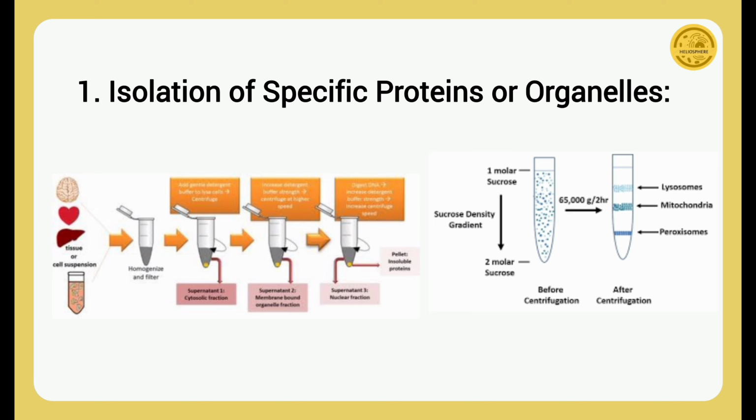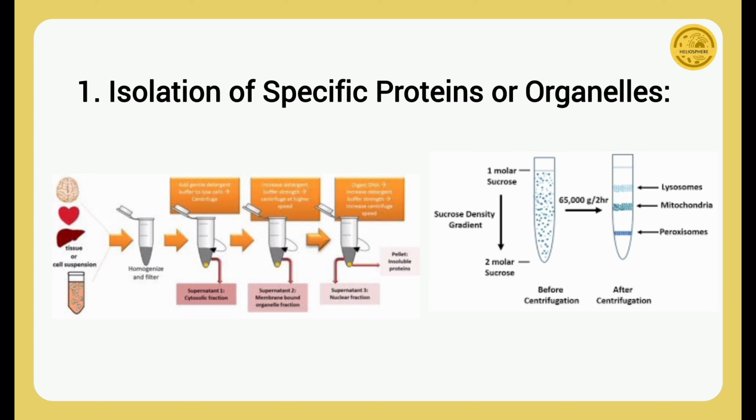By breaking open the cells and then using fractionation techniques, these components can be separated from the rest of the cellular material. Why? This isolation allows for study of structure, function, and interactions of specific proteins or organelles without interference